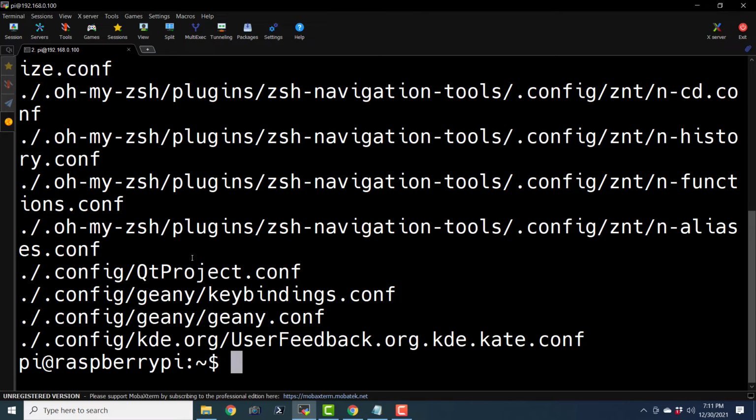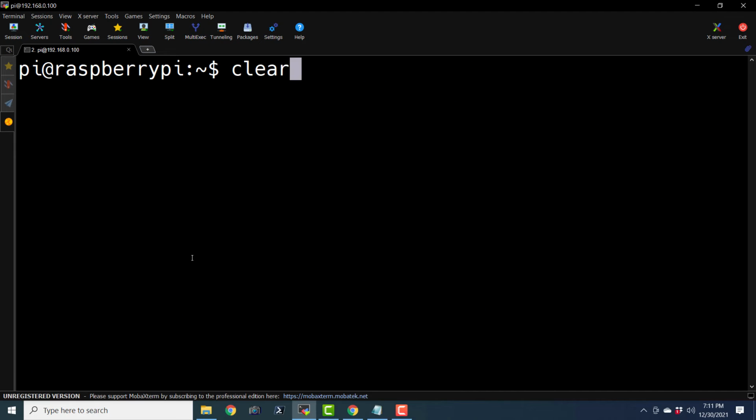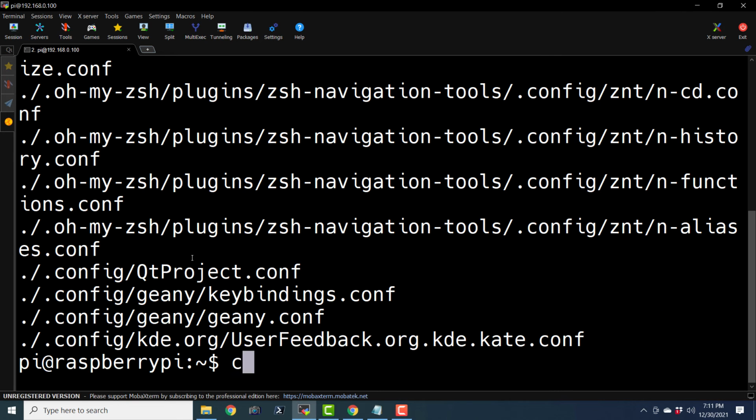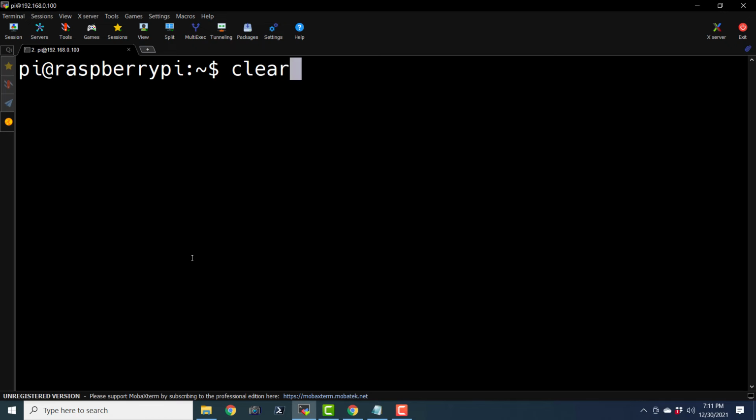So let me explain you the command once again. Let me clear the screen, and here we have the command. Oh, sorry, I was not supposed to execute it. Okay, so find is the keyword of the command and dot is the name of the directory. We can use any directory, and -name is we are telling that command to use this sort of pattern in the name. Star.conf means all the configuration files.